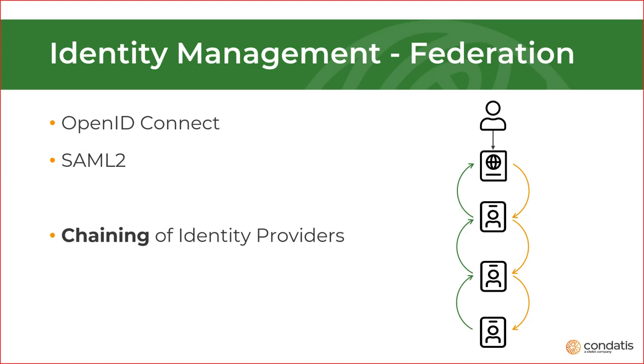So here, the relying party could start by making an OpenID Connect request to B2C. B2C then federates off to an existing SAML system and processes the token that returns. B2C then returns an OpenID Connect token back to the relying party, thereby allowing the user to sign in from a system that only supports OpenID Connect to a system that only supports SAML, using B2C as a kind of bridge.